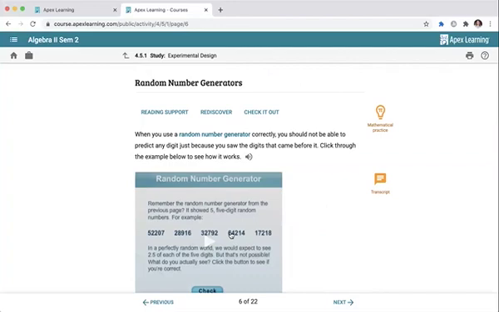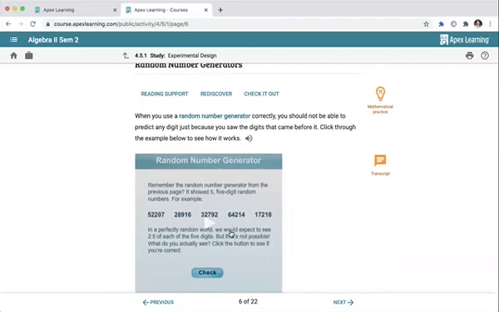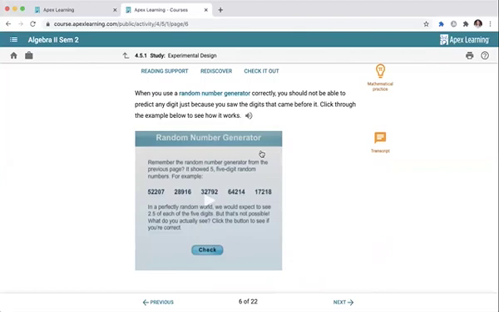When we look at number generators, you shouldn't be able to predict the digits that come next. You can watch this video on your own, but basically, we talked about how the majority of them generate in little blocks of 5. And you can set whatever code you want to it. You can say we need half of the people to be controls and half to be treatment. If your number starts with an odd number, you're going to be a treatment, and if it starts with an even number, you're going to be a control. Or whatever, but you can't tell